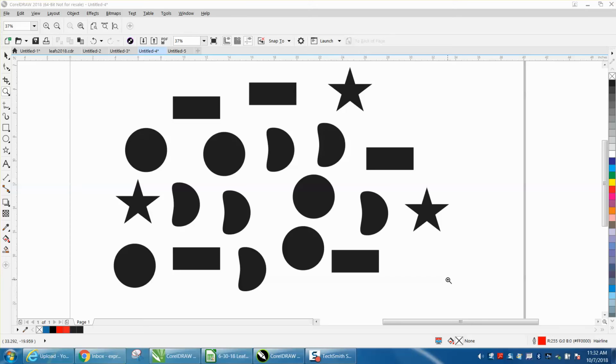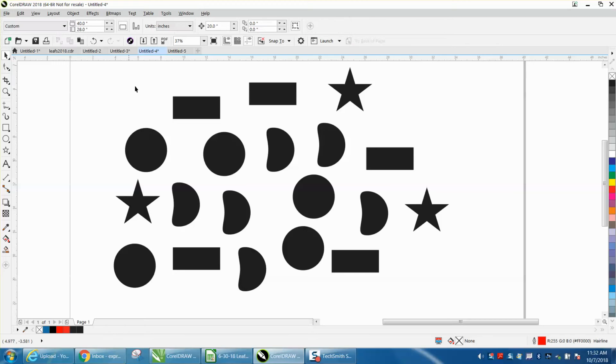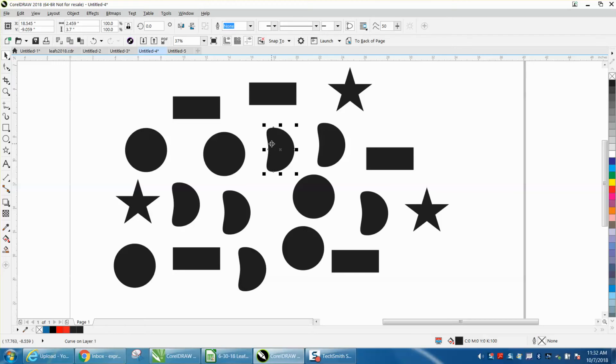It's more on this find and replace or find objects. And I've known for a long time that you could find rectangles, you can find squares, you can find stars or ellipses. But to find an object that you drew, this is not a, this is an ellipse, this is a star, this is a rectangle, but this is a curve. Well, to find that curve is just select on one of them